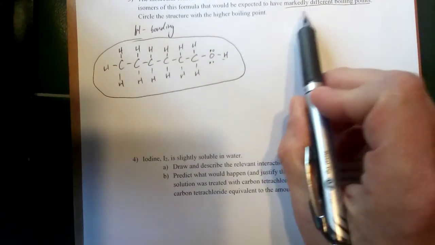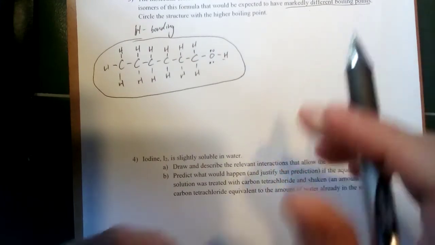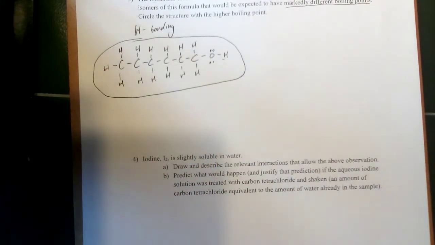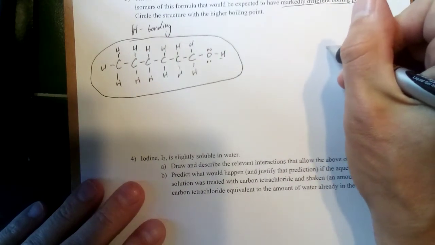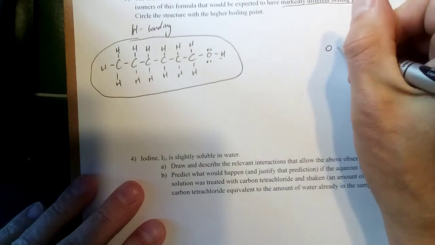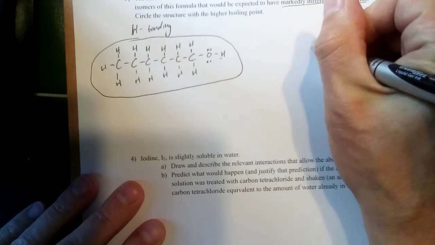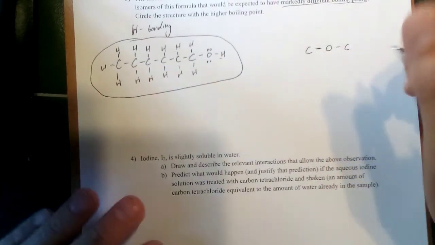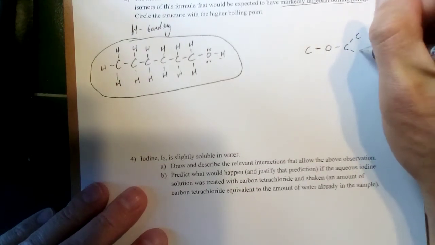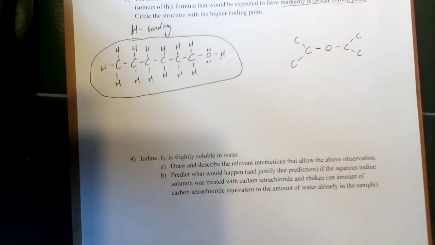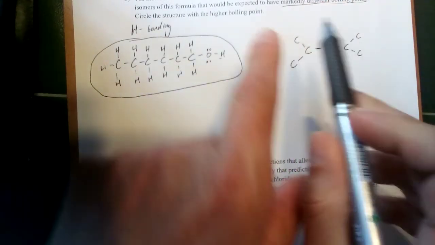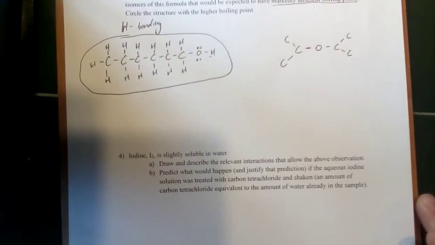Now, the other one, to make the boiling point low, I don't want hydrogen bonding. Now, if I'm thinking I really, really want it to be low, more branching would mean less surface area. That would minimize the types of London interactions you could have as well. So let's put the oxygen in the middle, which means we're going to have a carbon on each side. But then let's also put some branches in here to keep the surface area down. So I'll put the carbons branched like that. Now, as long as this one's got hydrogen bonding, this one doesn't, you have definitely answered the question correctly,